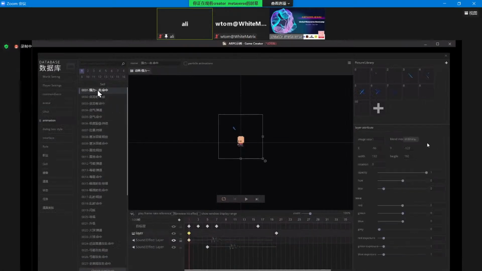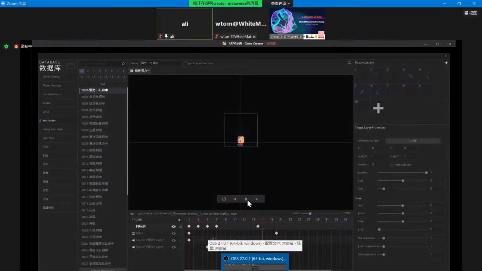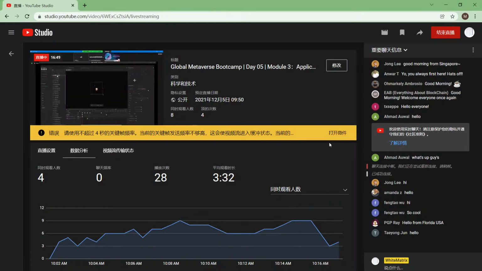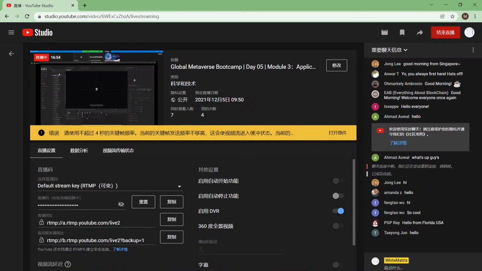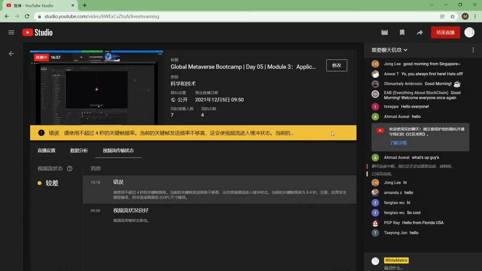For example, this is the first animation for the skill, strike, and let's play it. Let's try to add another animation here. So just drag and release.